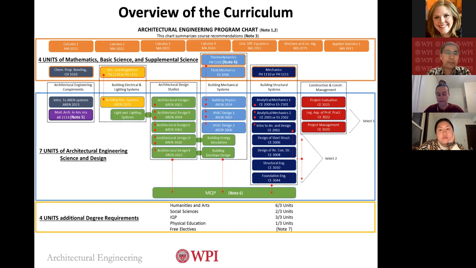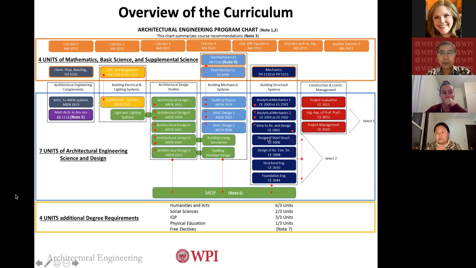So that's going to be 7 units for the program. And these 7 units can be further broken down into an introduction to architectural systems with some very fundamental overview of the program, and also the building electrical lighting system, plus architectural design studios. As I said, we have 5 design studios, including lighting, envelope, and also building energy simulation. And then looking on the right, we have the building mechanical systems courses, including HVAC systems and building physics.